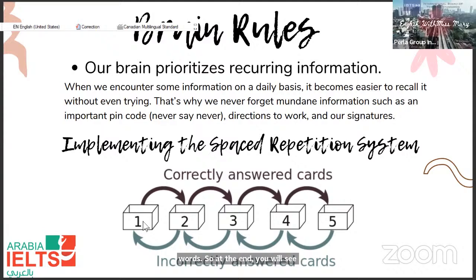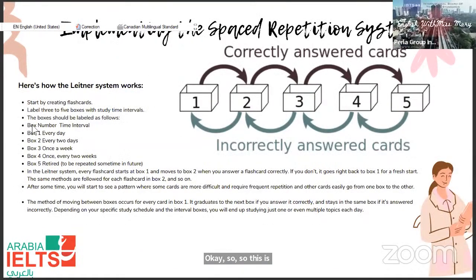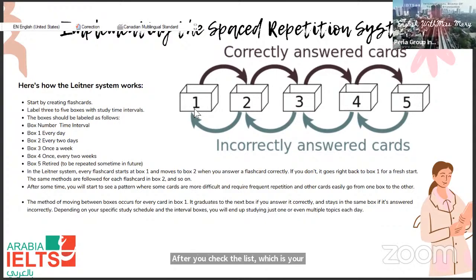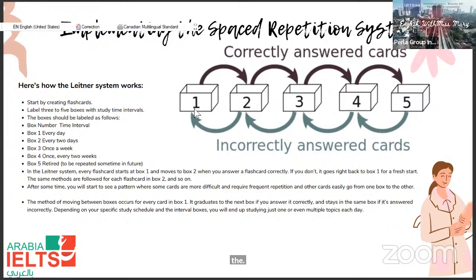So this is the first box, box 1. Box 1 is every day. These are words that you need to remember every day. After you check your everyday list, you try to rewrite it, or retrieve the information by saying the words again, or re-remembering them. It should not be a lot of words, by the way. What matters is that after 2 days, you try to retrieve the same words. If you succeed in remembering these, for example, 6 words or 10 words maximum,